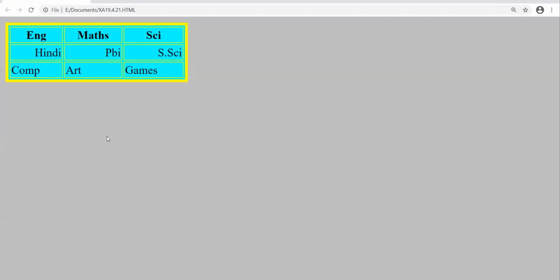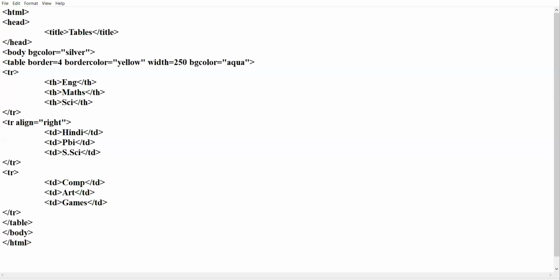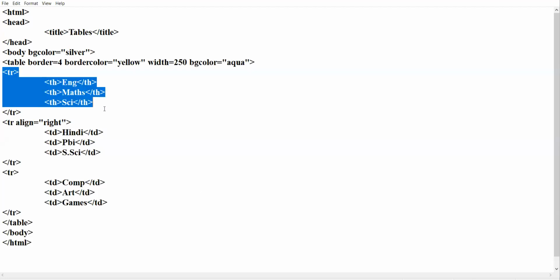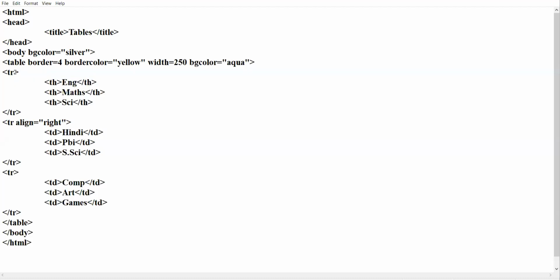Listen the line which I am going to say now. Header row is of green color. I am only putting my focus on the header row. What I will do, I will go in the header row. I will click inside the TR tag, give the space, here give the BG color attribute.